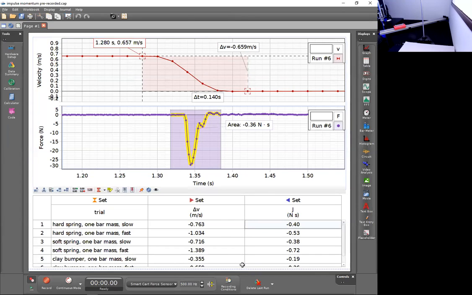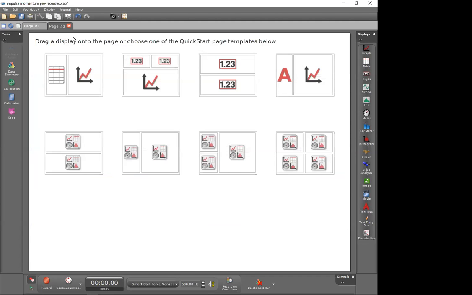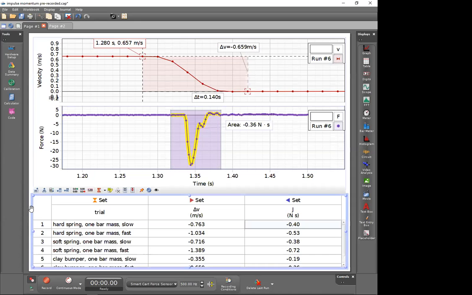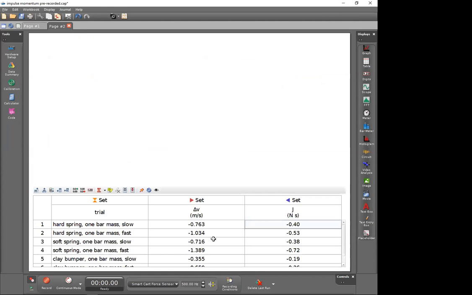Now, I'd like to actually see if we can discover a relationship between the change in velocity and the impulse. This page is pretty busy. In Capstone, we can add additional pages within our workbook file, and we can do that by going up to the workbook tab showing I'm on page number 1 of my workbook, and I could click on the new page button. I will click on the new page button, and it adds a page number 2. Now, here's a trick for saving some time. I would like this same table on the other page, so I'll click on it, click on its border, and go to Edit, Copy, return to page 2, Edit, Paste,